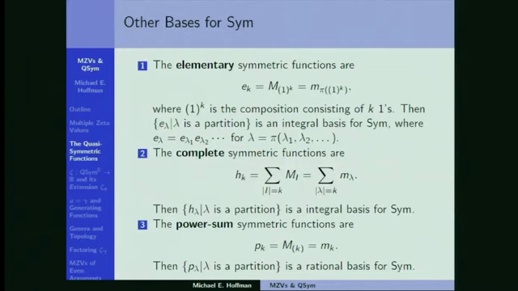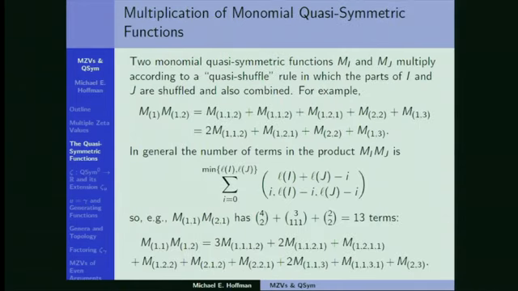You get a basis by taking products of power sums, but here, if you express everything in terms of these, you have to introduce denominators. So these are integral bases. The elementary and complete are integral bases; the power sums are a rational basis. All right. Now, the algebraic structure of the